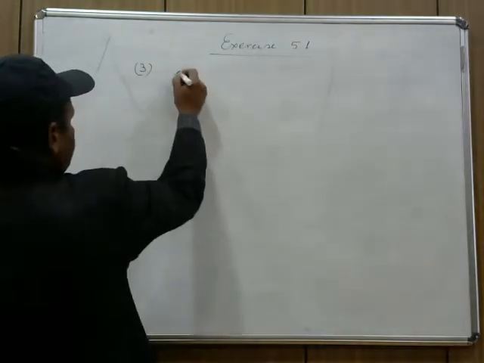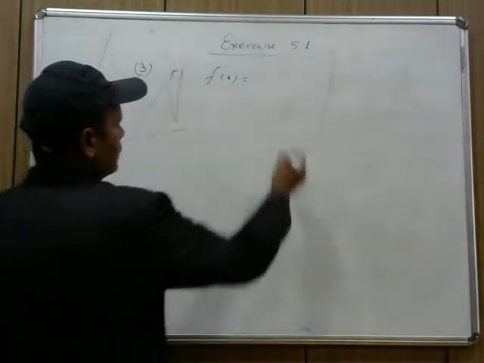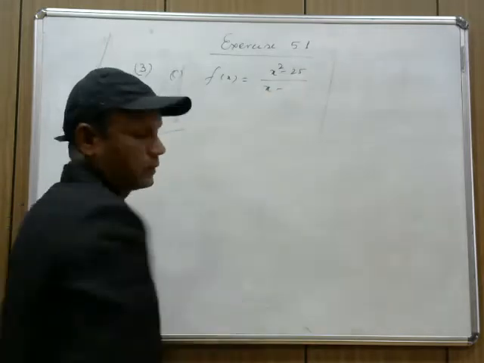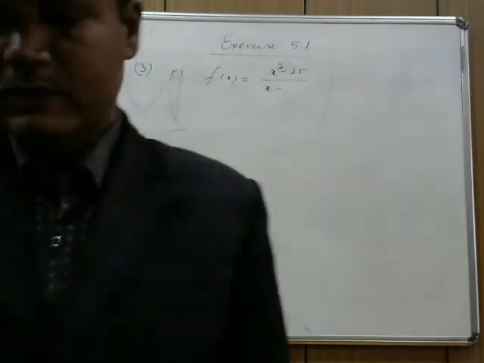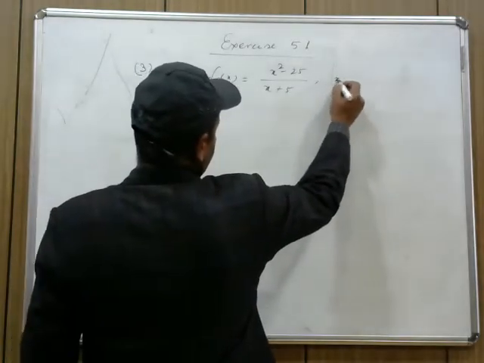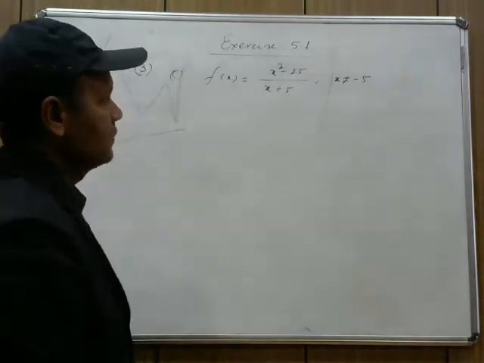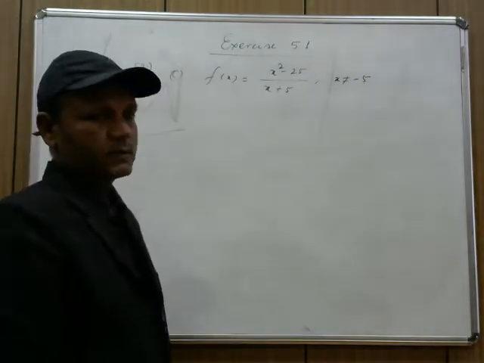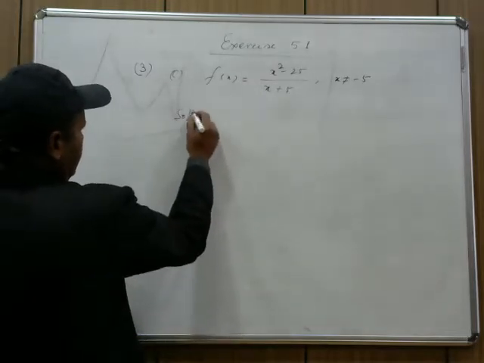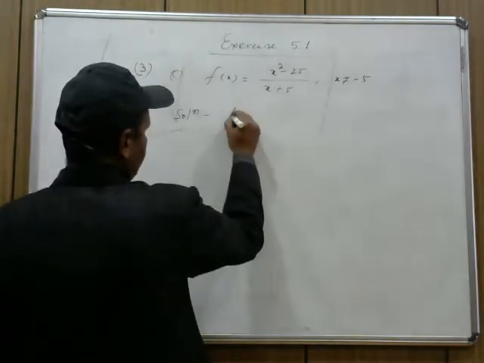the question is f of x is equal to x square minus 25 upon x plus 5, where x is not equal to minus 5, because you know that again if I put x equal to minus 5, this whole function becomes not defined. Now again, any particular value is not given, that's why let